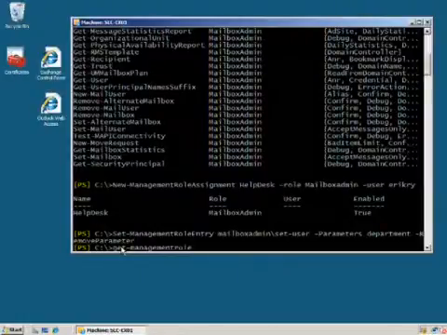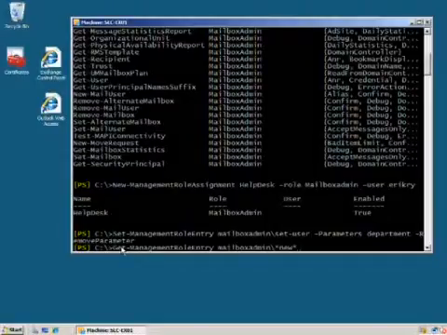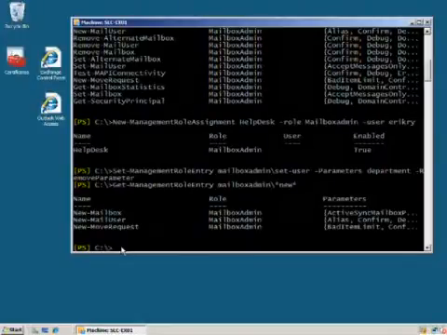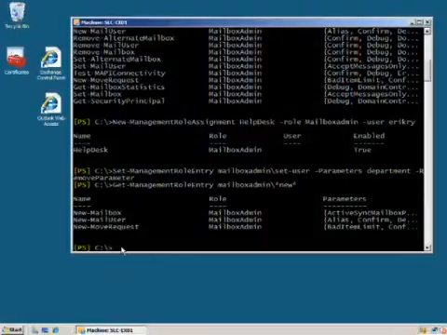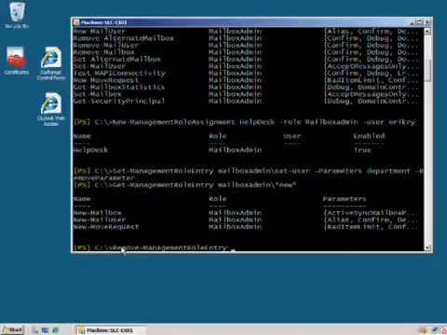So I can check to see the role entries in my mailbox admin role, and we can use wildcards here, so I can look for any cmdlet called new or that contains new within there, and I can see that that role has access to the new mailbox, new mail user, and new move request. And I'd like to remove the new mailbox, so I say Remove Management Role Entry. Again, it's the mailbox admin role which has been assigned to Eric, and the command I want to remove is